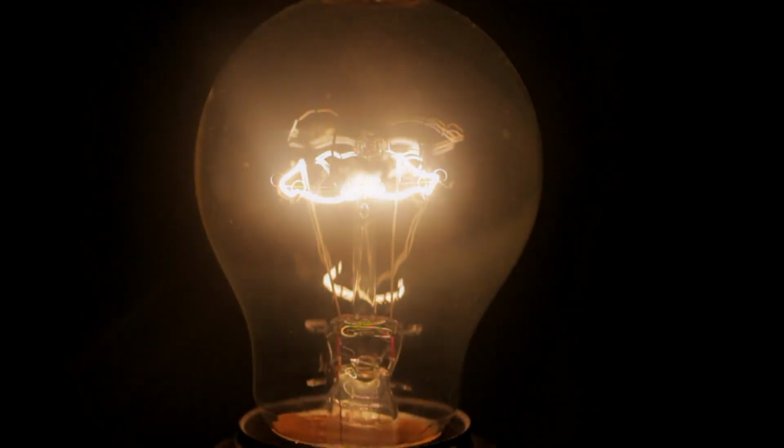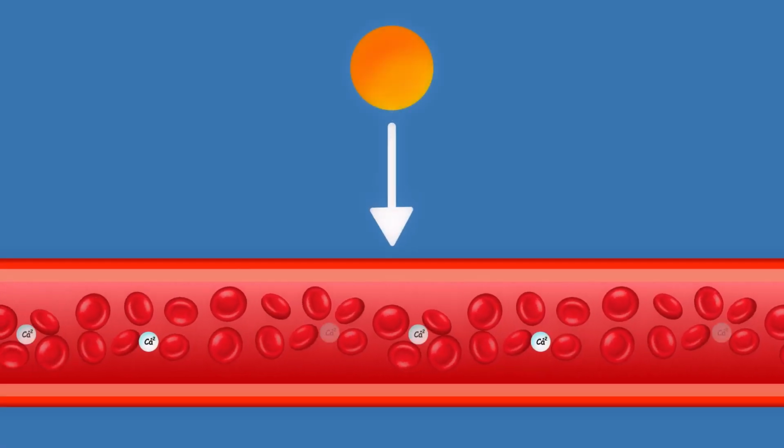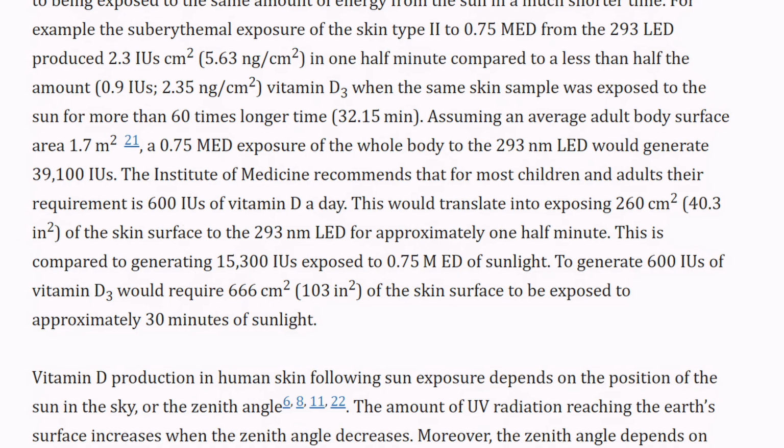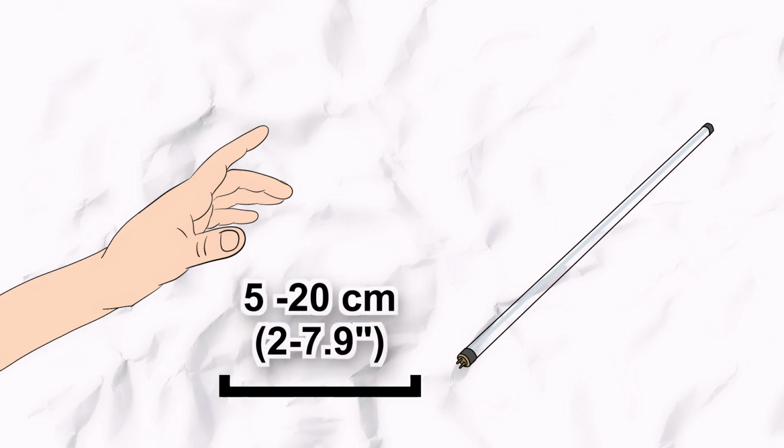So instead we need to build a UVB light bulb with a wavelength of 293 nanometers, which is the optimal wavelength for stimulating vitamin D production. Considering that they've built a whole submarine and an ungodly powerful X-ray machine, I think they can figure the light bulb out. According to this paper, exposing 260 square centimeters of the skin surface area to the UVB for 30 seconds at a distance of 5 to 20 centimeters away from the light is enough for a person's daily vitamin